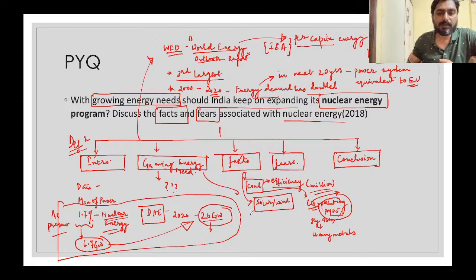Okay, now let us compare it with solar. The benefit of solar is that we say solar and wind are renewable energy. So there is no dearth of raw material. There is always sun, there will always be wind. That is why they are renewables in that sense. But there are certain limitations with respect to solar and wind, which nuclear energy does not have.